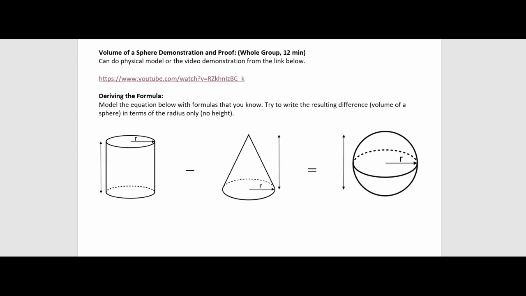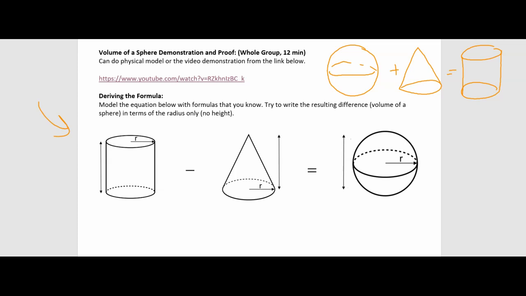Okay, so we saw in the video that 1 sphere plus 1 cone filled a cylinder. So down here, I just rearranged that equation. I subtracted the cone's volume from both sides, so I get the cylinder minus the cone is equal to the